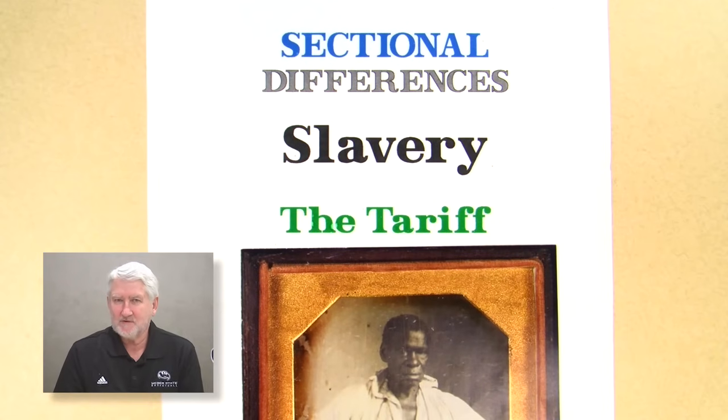In 1831, the Vice President of the United States, John Calhoun from South Carolina, serving under Andrew Jackson, got up in the Senate one day and said, look, I've resigned as Vice President of the United States, and I'm going to lead my state, South Carolina, out of the Union. But it wasn't over slavery. It was over this business of the tariff. And you say, well, what in the world is that?